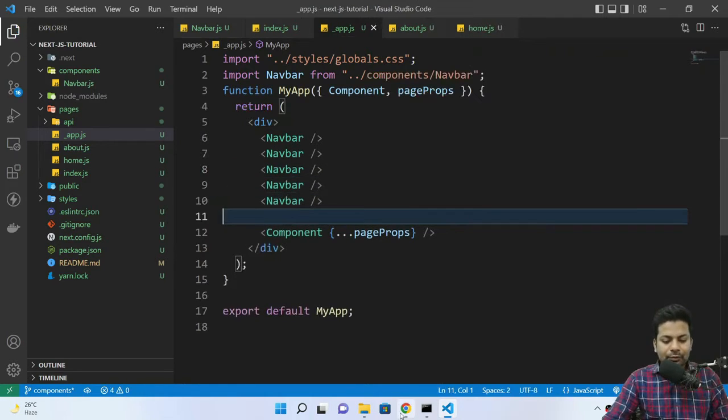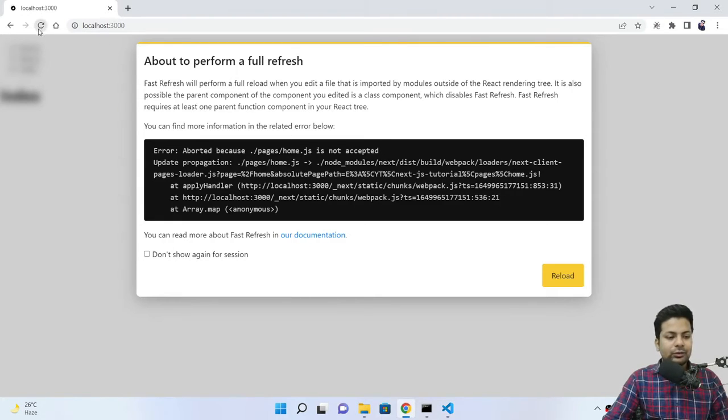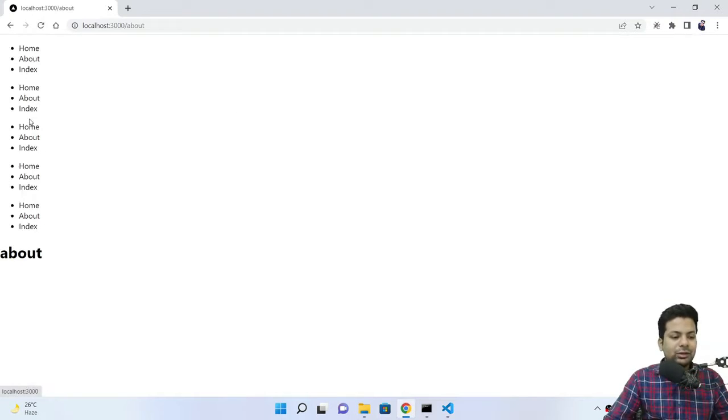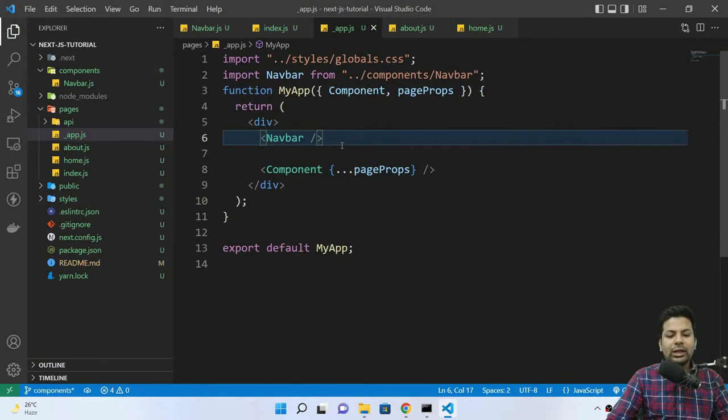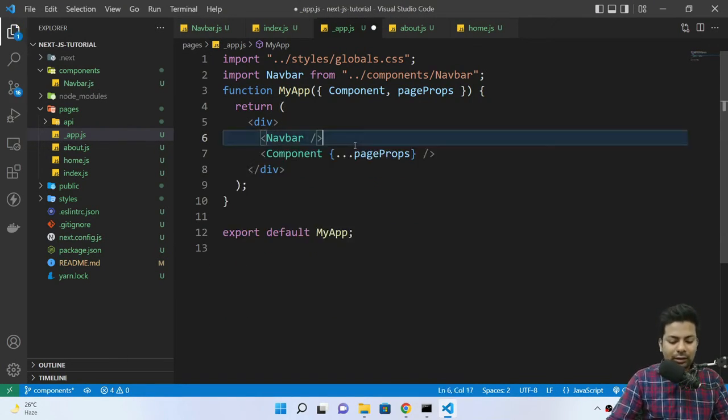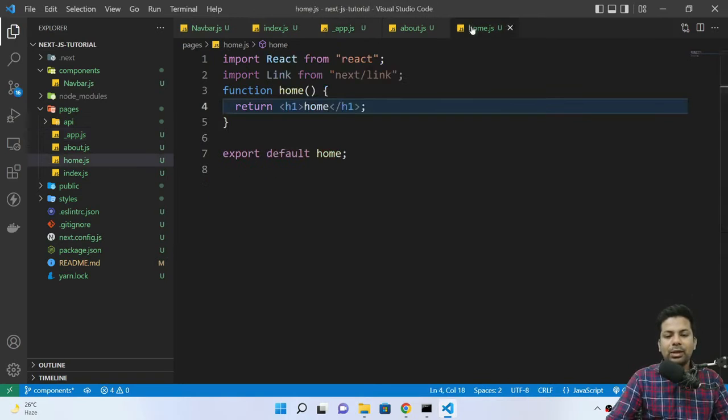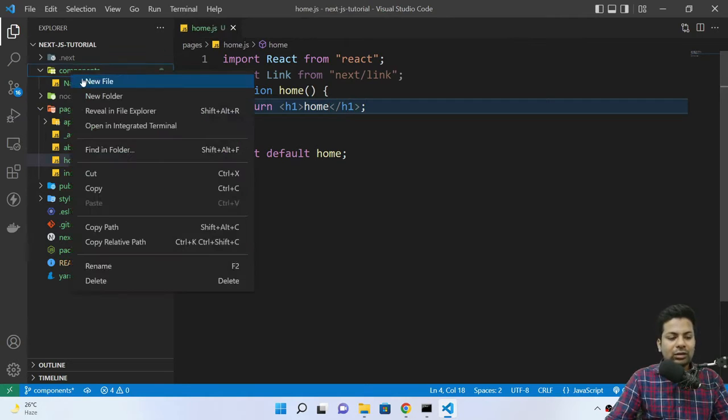See, we got so many of them. This component got rendered again and again. Now suppose you want to build a custom component for your page. So you have a home page, and you want to build a custom component for your home page. So I can just make a